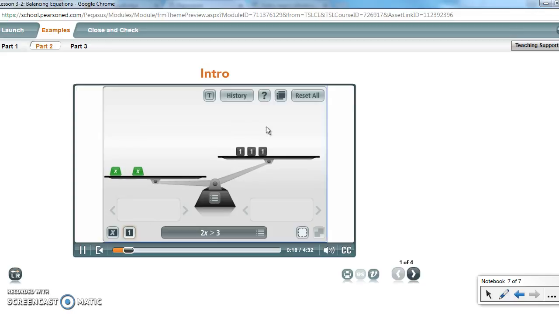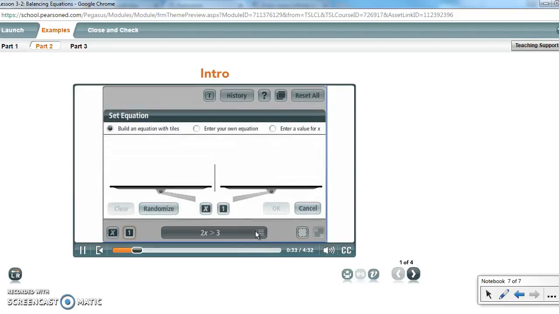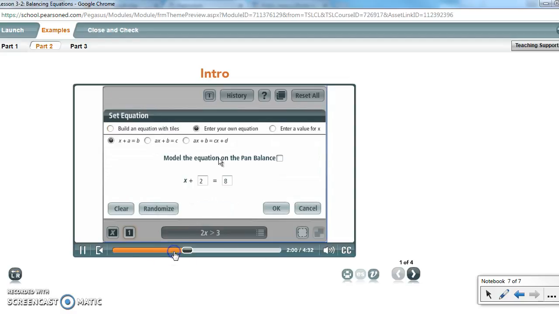If you add too many tiles to a pan, you can remove the extra tiles by dragging them off the pan. Each pan can hold up to 30 tiles. To specify an equation or a value for x, click on the Set Equation button. There are 3 options you can